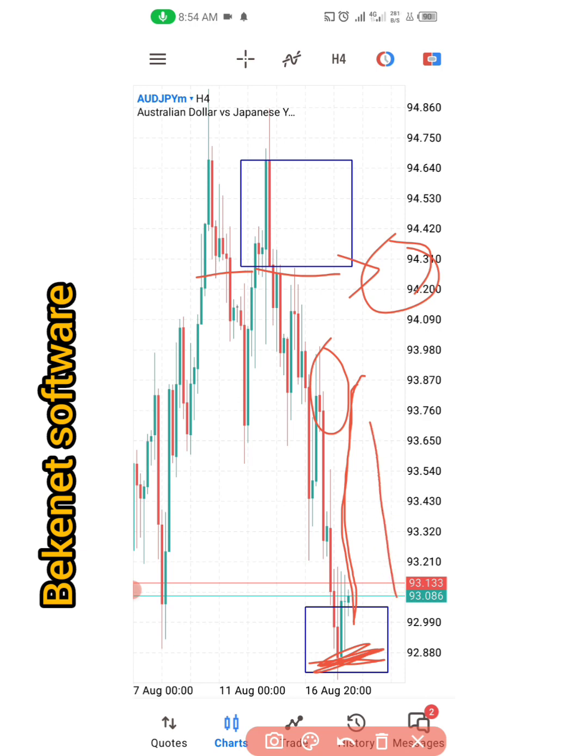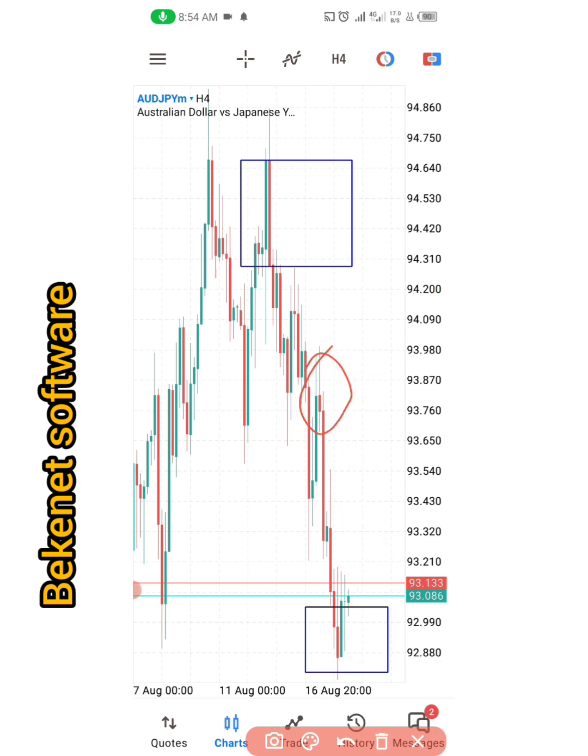So I've programmed it already on Australian JPY that I need a bearish move. As it's going up like this, I'm not buying, but I'm waiting for a certain level. Once it gives me this pattern, the software will alert me, then I'll go crazy. I'll start selling, even if it doesn't give me this pattern till this point. This is another strong zone. Once it gives me, I'll go crazy on it. I'll start selling. That is how to use Bekenet Trading Journal to get a pullback and a strategy. Simple and